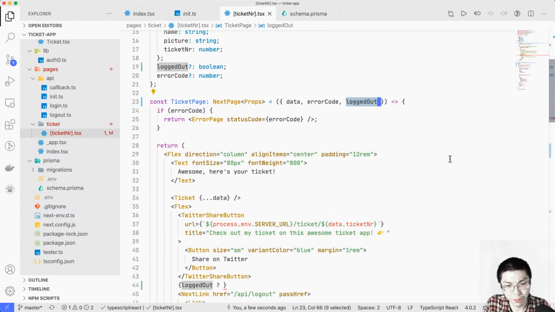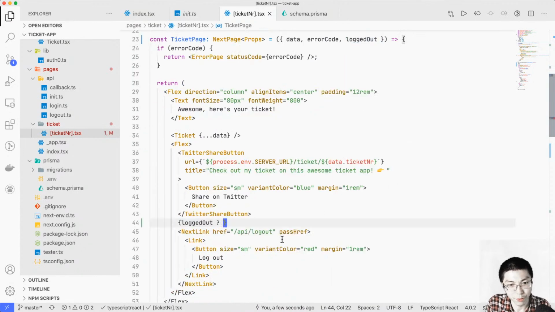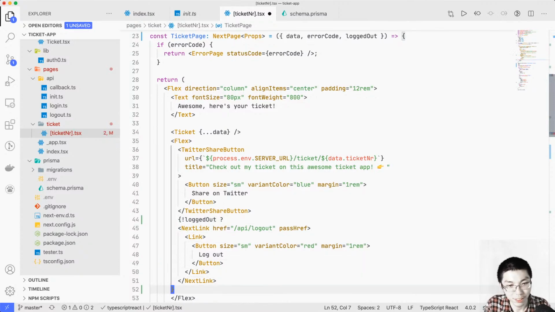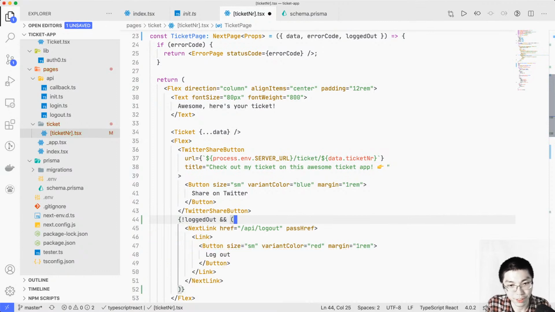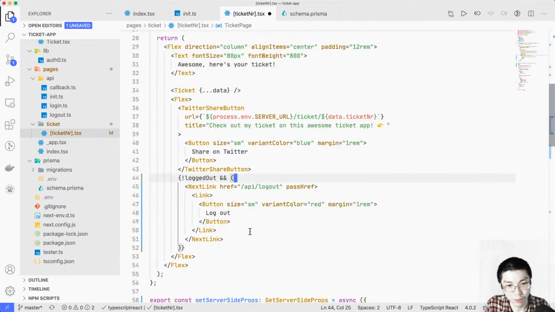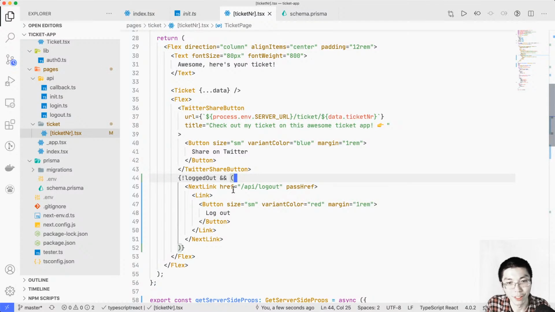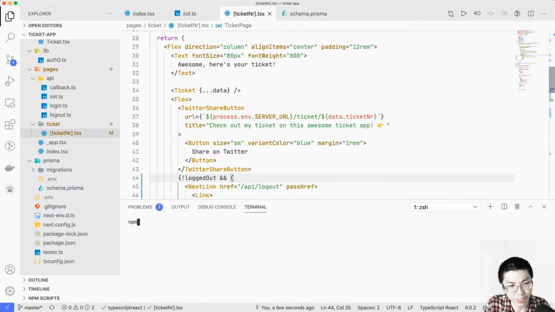Logged out, logged out, logged out. Yeah, if it's logged out, if it's not logged out. Okay, we'll just do this. If it's not logged out, then we'll do this. Okay. If we have the dev server running,